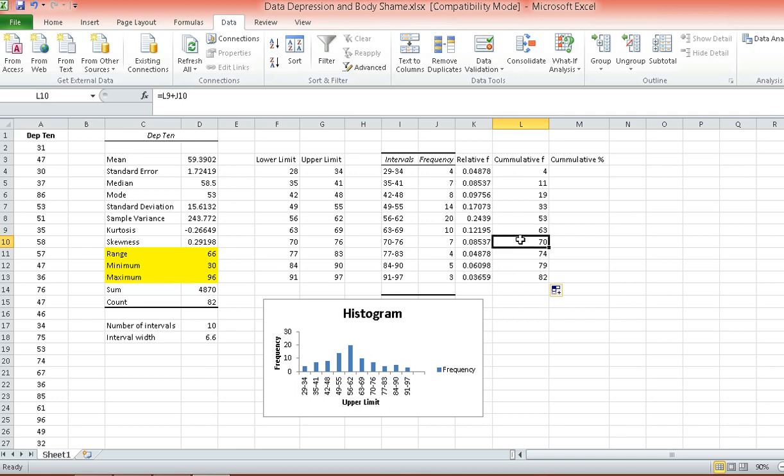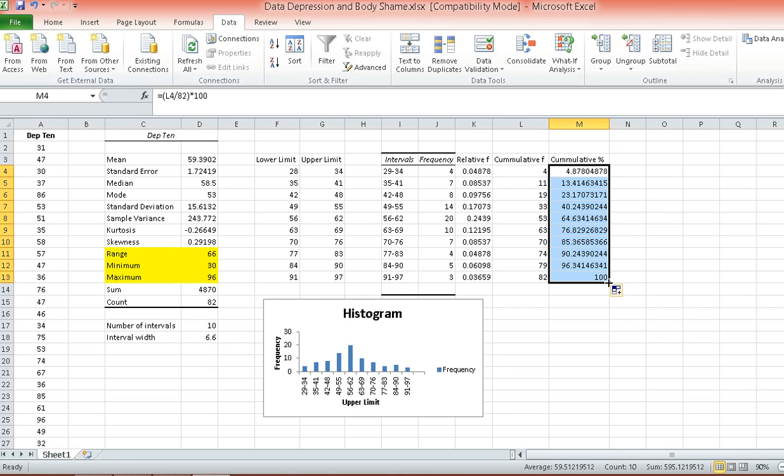Alright, and as for cumulative percentage, the formula would be, just click on this cell, in a parenthesis, click on this cell, divide it by the number of scores, 82, and multiply it by 100, and that is your cumulative percentage.